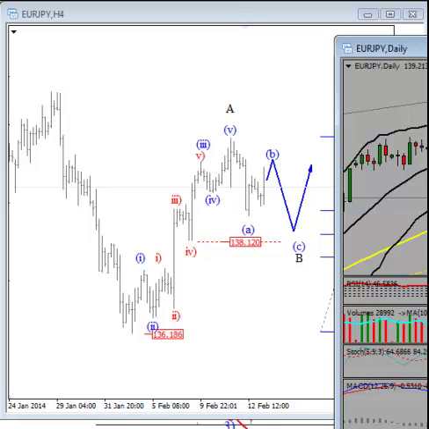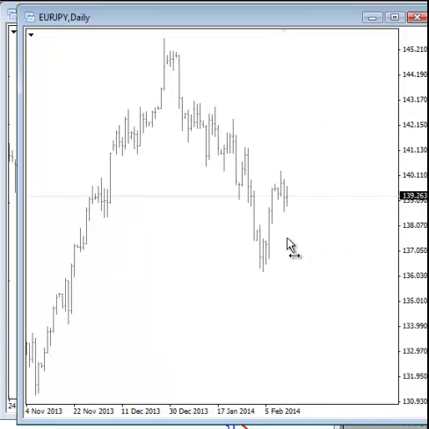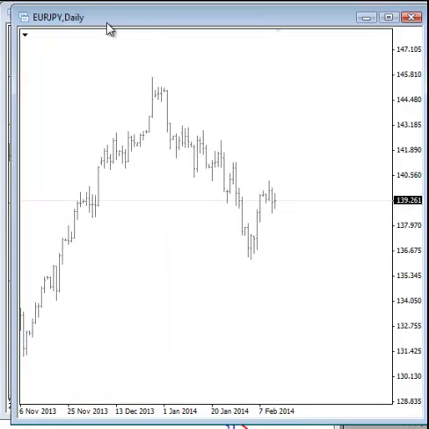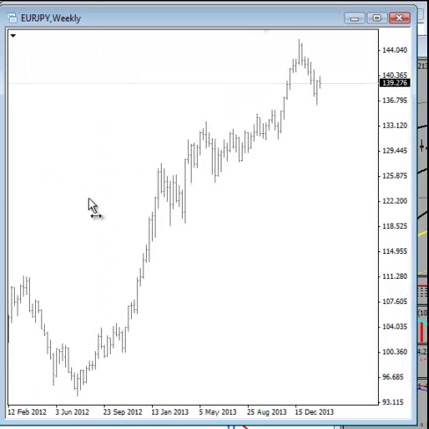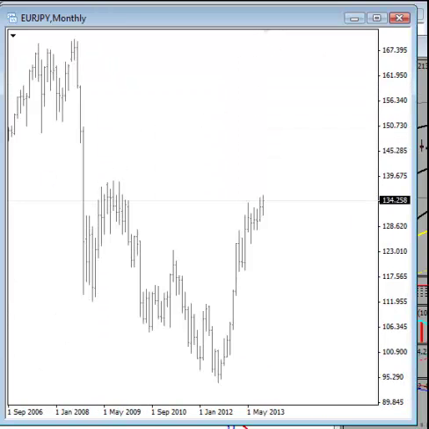I will cover Euro Yen for you. We will look at full detail of this technical analysis and I will present you my bias on it. Okay, so on the weekly chart, if we take a look